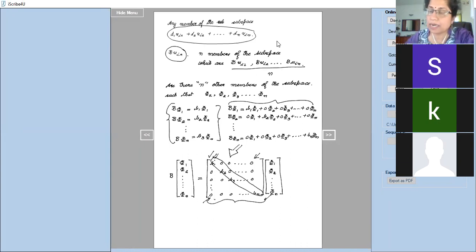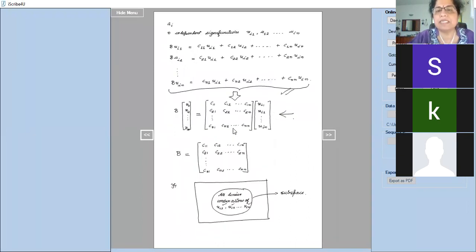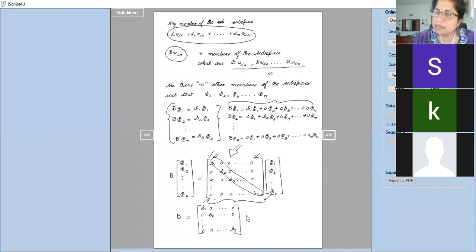And just like I showed you earlier, this B can be written in this diagonal form. It can be written as B1, 0, all the way till 0, 0, B2, 0, 0, 0, Bn. This is also B. So please note, here we had a representation for B, and this is also correct. And we had a representation for B here. This is also correct. So the important question is,